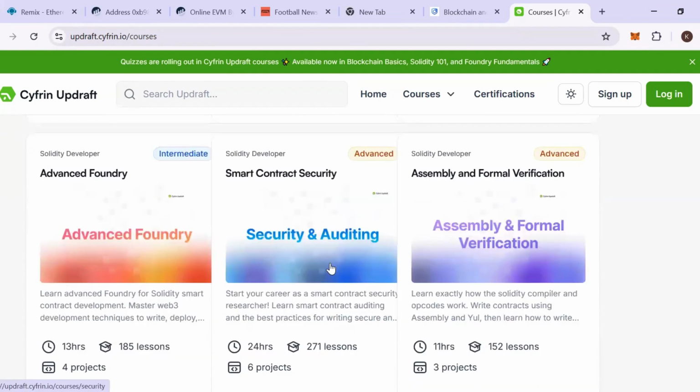And then if you want to become a smart contract security auditor, security researcher, you should